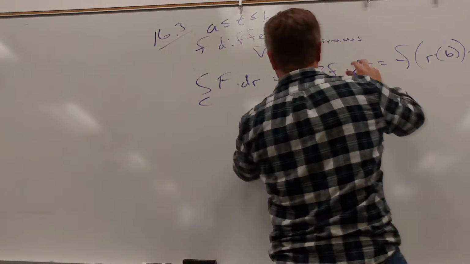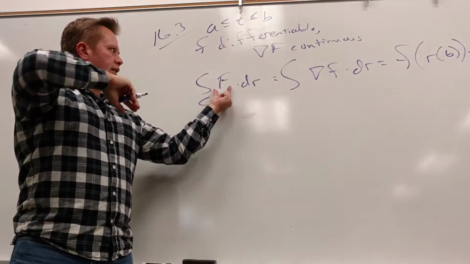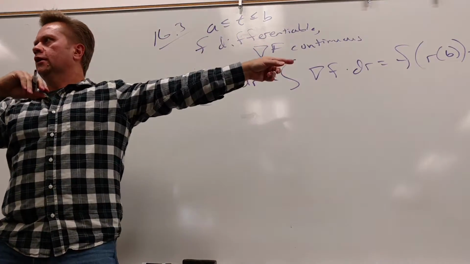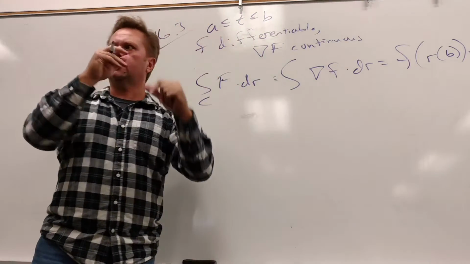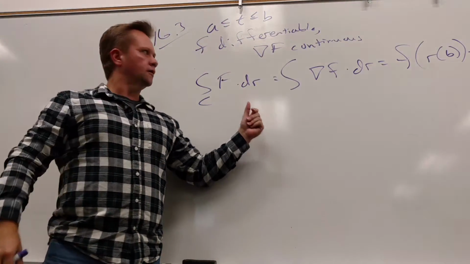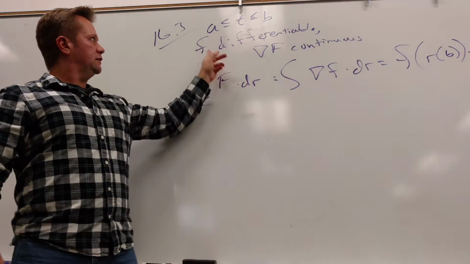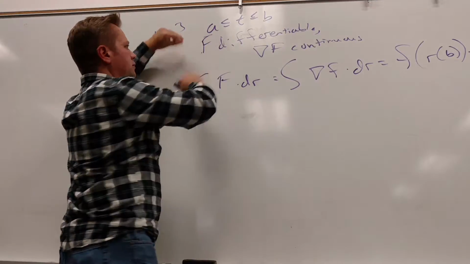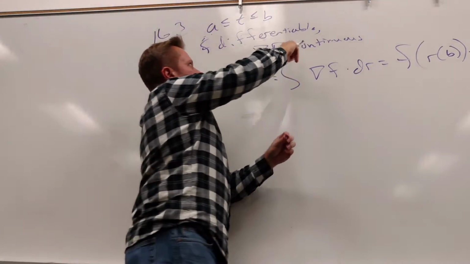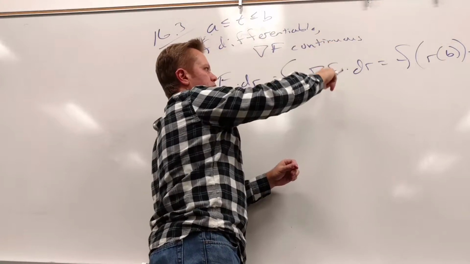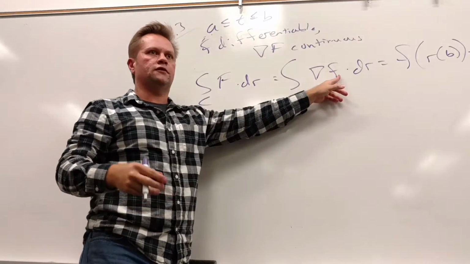I mean, what does this look like here? What does that look like? And it's funny, I like the fact that we use big F because it's the same big F from Math 180 in a way. It's not really, but we can look at it in that way. So F is differentiable. This little f is differentiable. The gradient of f is continuous. This is doing what basically to this function f?